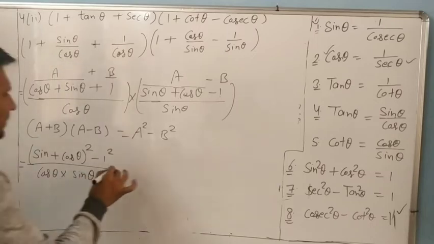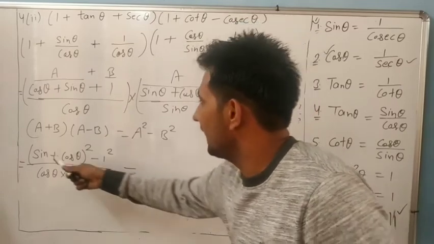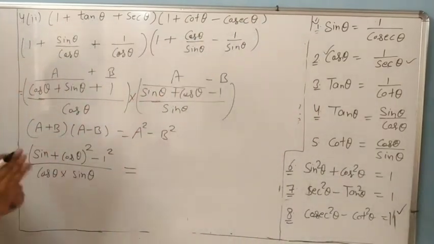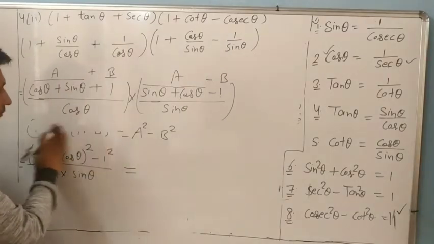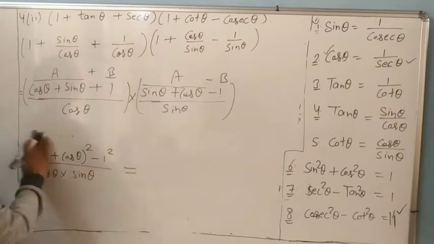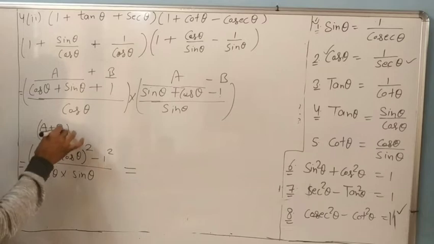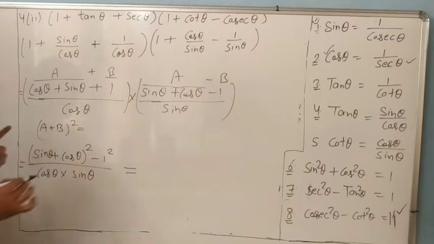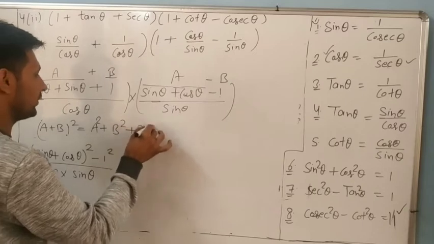Okay dear. Now we will open the formula. It is a plus b whole square. Write the formula in your notebook. After it you will write a plus b whole square. What is a plus b? Not sin, it is the angle always we will write. A plus b: a square plus b square plus 2 into ab.